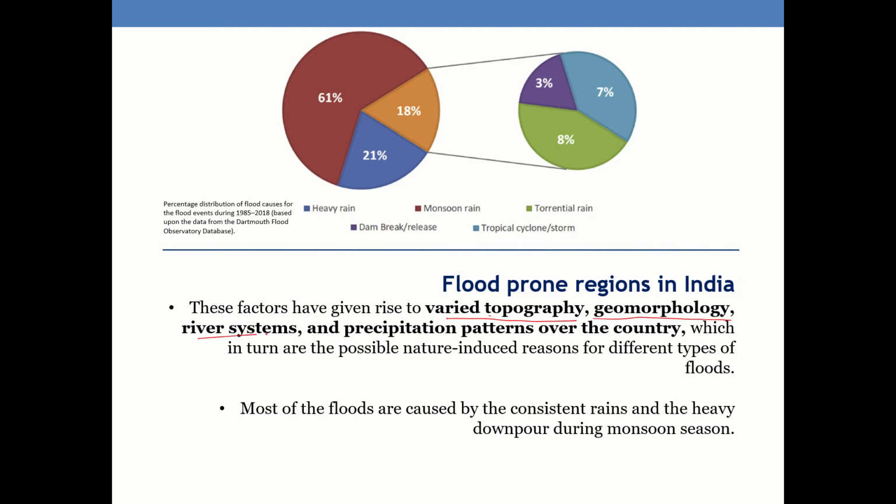morphology, river system, and precipitation pattern across the country, which have an impact on what kind of flood we get, and how it influences the floods. Okay, most of these floods are caused by consistent rain and heavy downpour, and there was a study